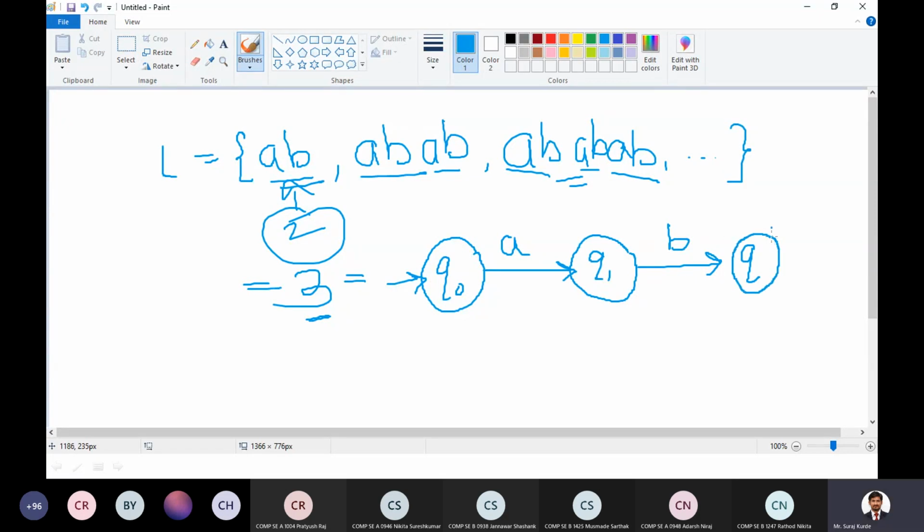Let's mark it as a circle. Now we need 3 states. That means our third state is a final state. So I will mark it as a final state and name it QF. Or you can have any name. There is no compulsion that you should name it QF. But for understanding, I am writing it as QF. F is for final state. This is one diagram. Second,